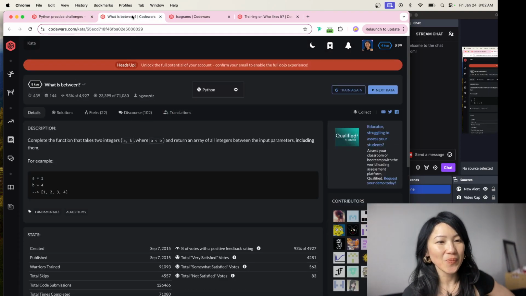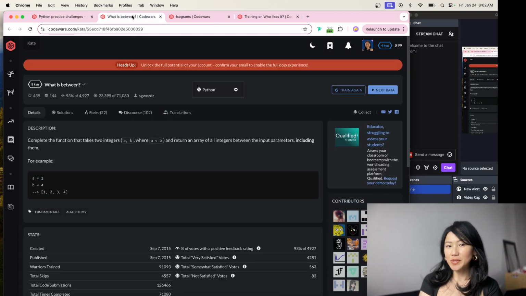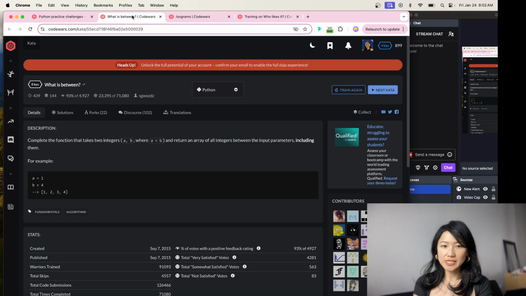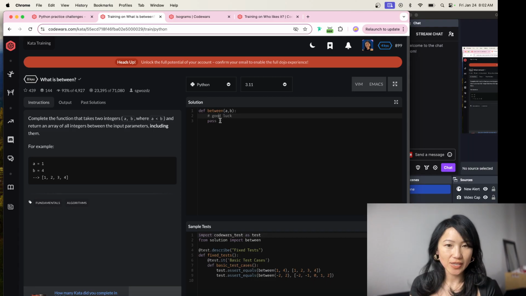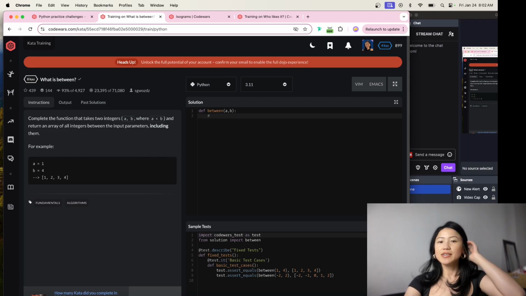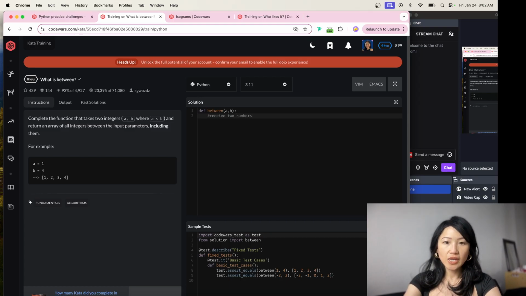Okay, so complete the function that takes two integers a and b, where a is always less than b, and return an array of all the integers between the input parameters, including them. So including a and b, that's what it's trying to say right here. So let's go ahead and try to do this in Python. We're going to receive two numbers where a is always less than b. We need to return a list back of all the integers